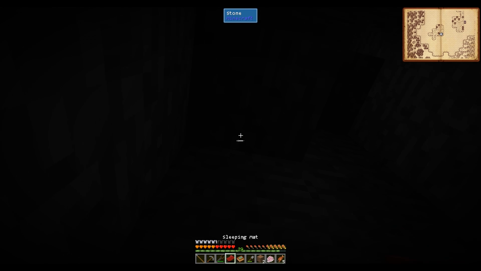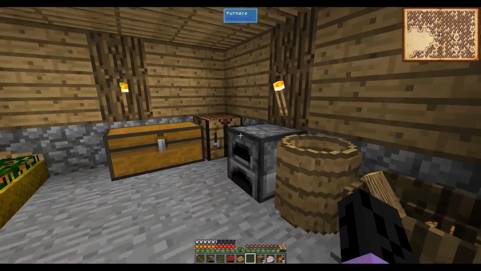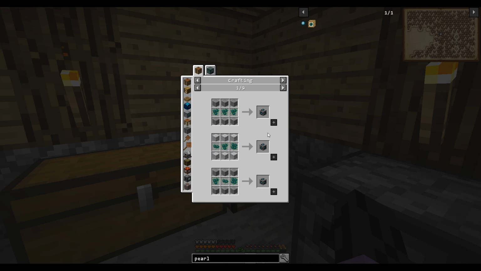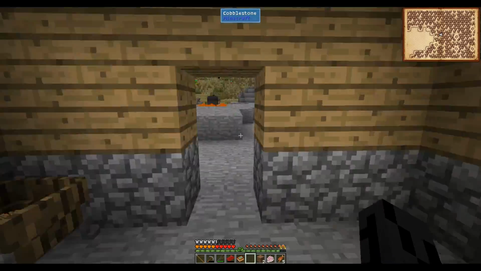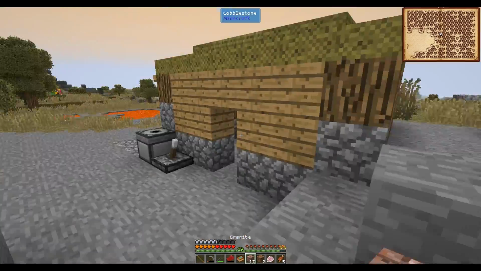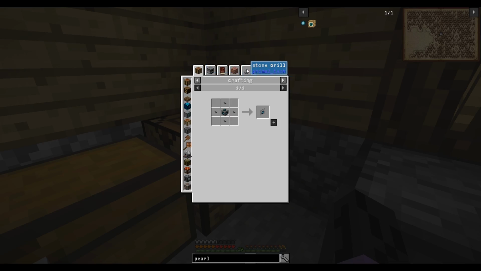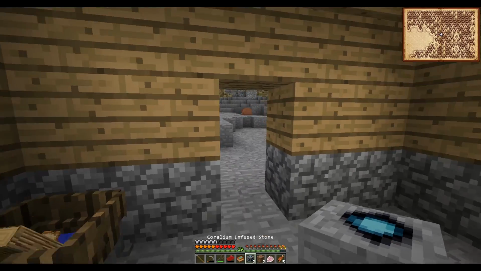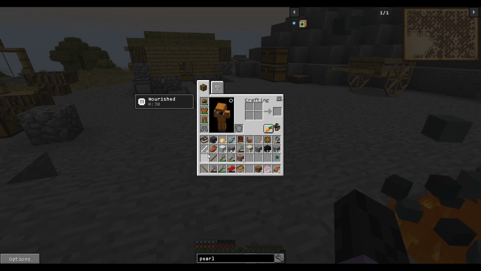I'm gonna head on over to the base. Alright, back at the base. So, corallium gem clusters and any old stone. So I may as well use this since I have it. Should probably start with that because then I can do that. Right. And then in a stone grill it will turn into pearls. Awesome. So now we also need to make a sacrificial knife